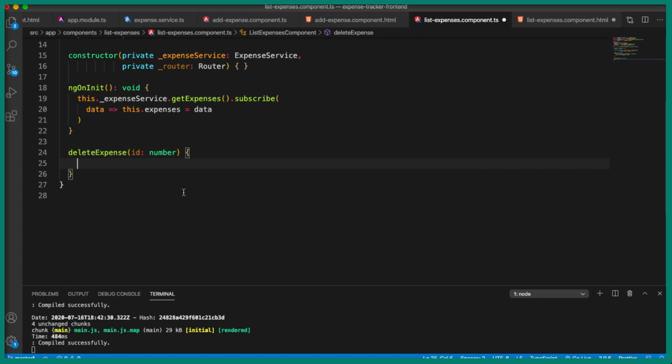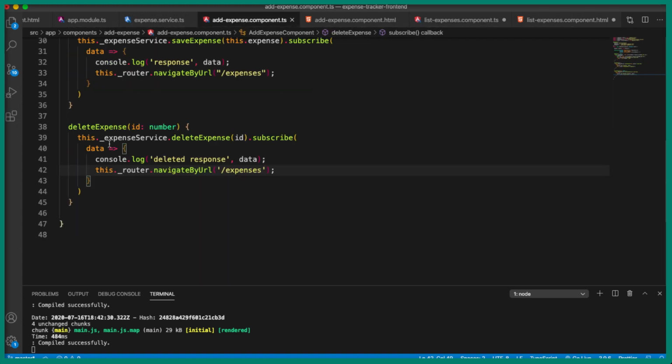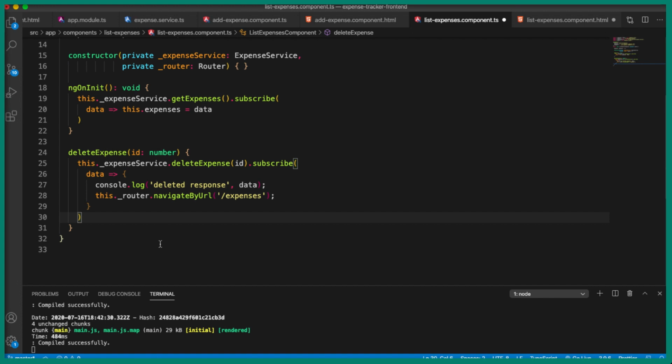And now let's quickly go to the add expense ts file, and let's copy the same code. Copy this and paste it inside this. Then we're going to change a few things. Right now we don't need this.